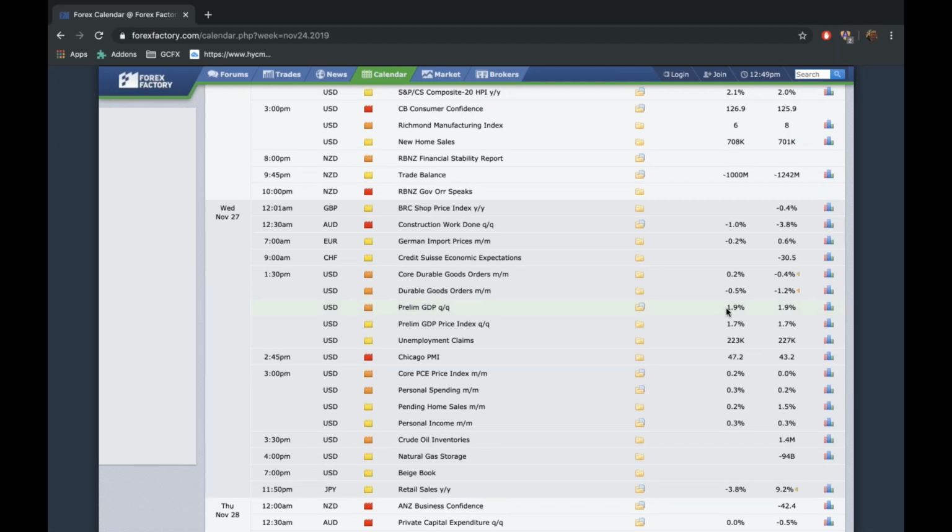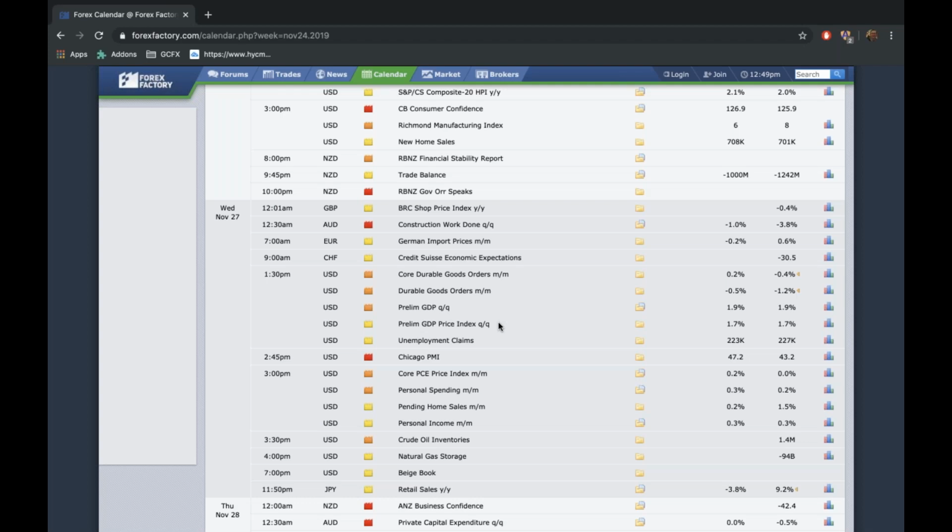Okay, now at the moment that's expected to be 1.9%. So any uptick on that number will be very positive for the US economy, and obviously any downticks will be negative. And the Federal Reserve at the moment, they've said we're not cutting interest rates any further. So they're kind of on a pause, on a hold mode, but they haven't gone so far to say that we're going to be raising interest rates. So the US economy is in this kind of